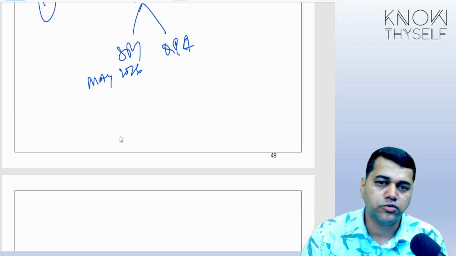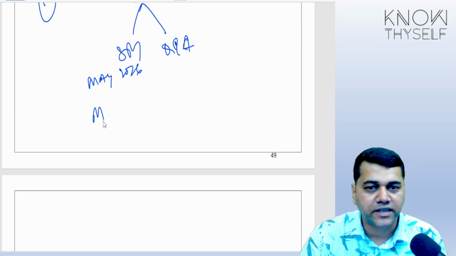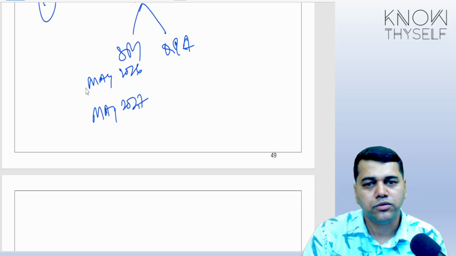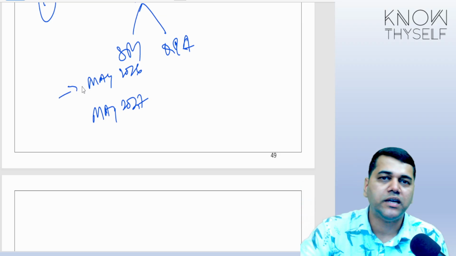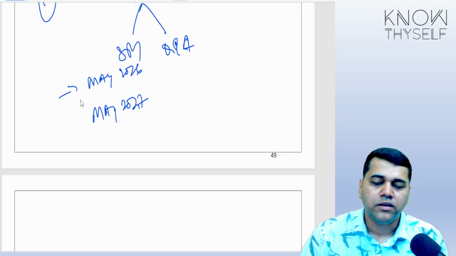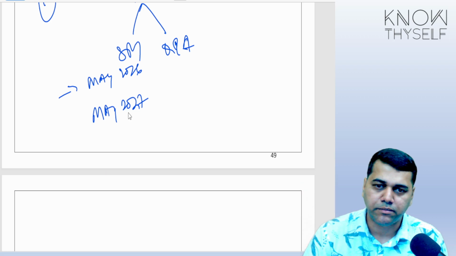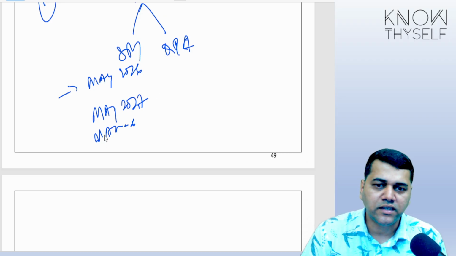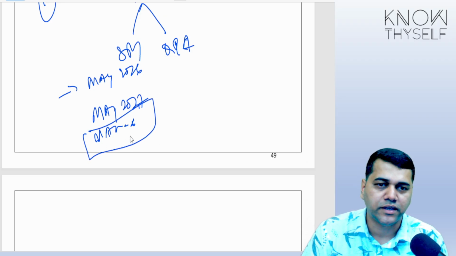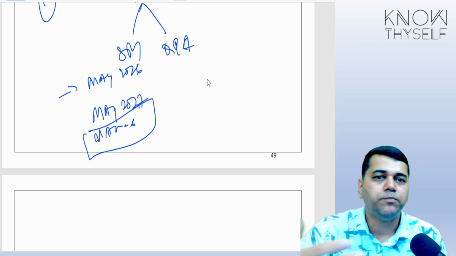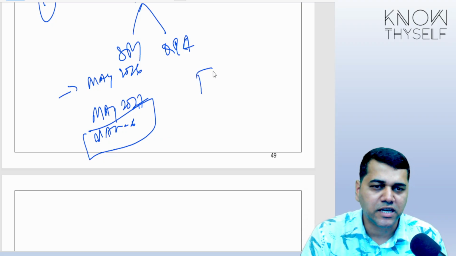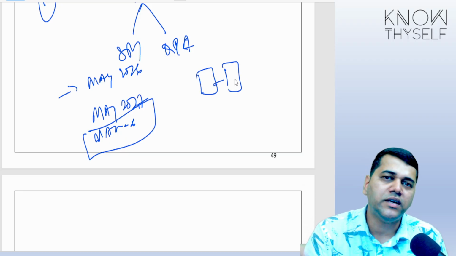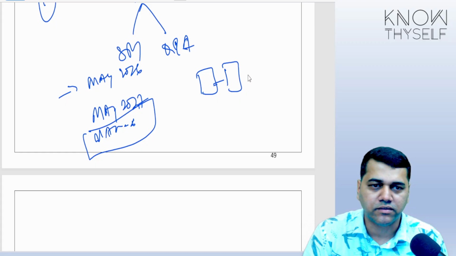Suppose some students are writing next year and they get the May 2027 material. One very simple thing you need to do: I will keep one link, and you always keep that with you. Whenever you are writing your attempt, maybe 2028 or whatever, just take that recent dump of ICAI's material, go to ilovepdf.com or any other tool, and do a small comparison side by side. This software will tell you what all the new changes have been done.